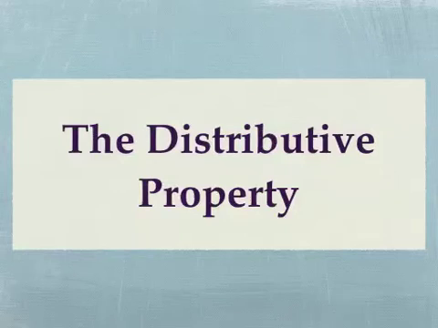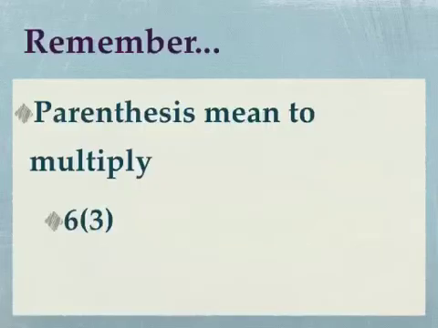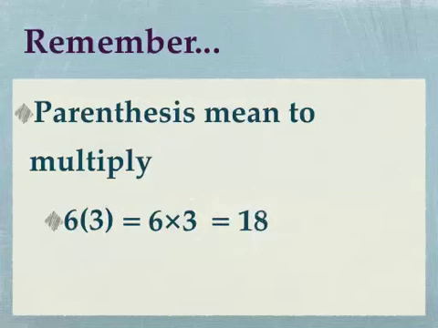The distributive property. Really quick reminder that parentheses tell us when we need to multiply. So in this example, I have 6 parenthesis 3, which tells us to multiply 6 times 3, which of course is 18. We're going to use this same idea that parentheses mean to multiply to help us with the distributive